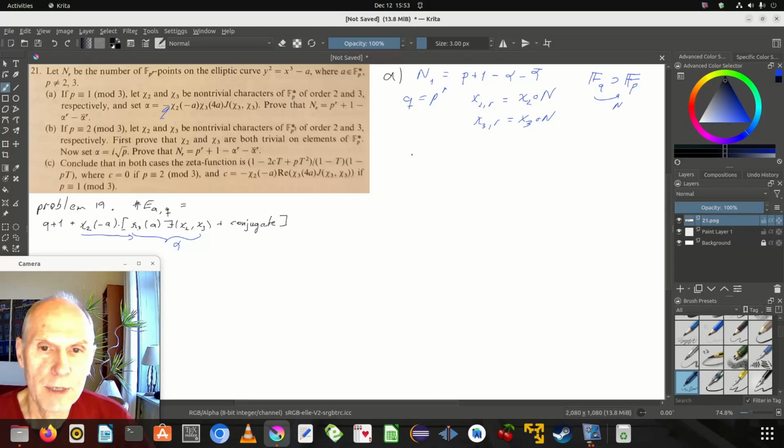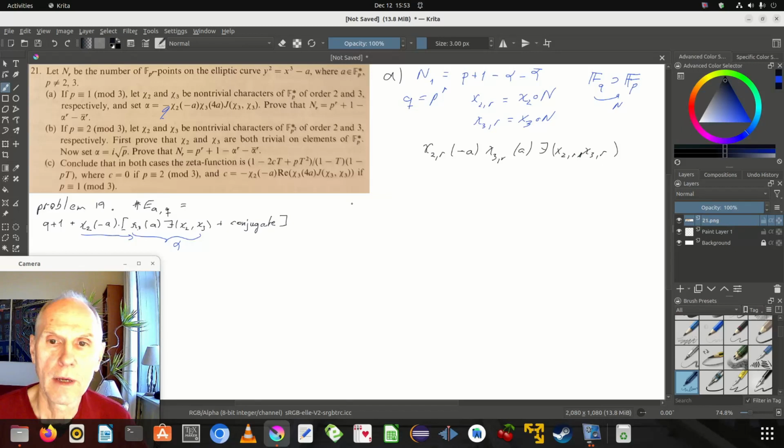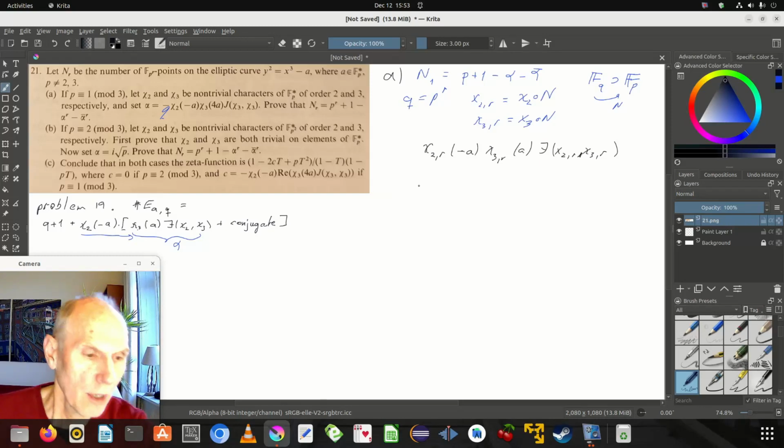And that means we have, we just take the blue part here, chi_2^r of minus a, chi_3^r of a, comma, and we're going to use